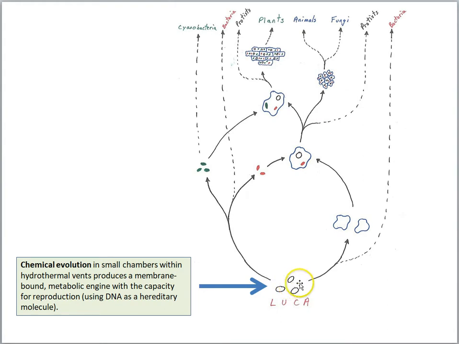Now these are bacteria type cells, and they go on to evolve into lots of different kinds of bacteria because cells can reproduce, but when they reproduce, sometimes there are mutations, changes to the DNA, which means the recipes for proteins are being changed, so new proteins are being produced over time, and cells will have new characteristics. So we get the evolution of many different kinds of bacteria on the early Earth.